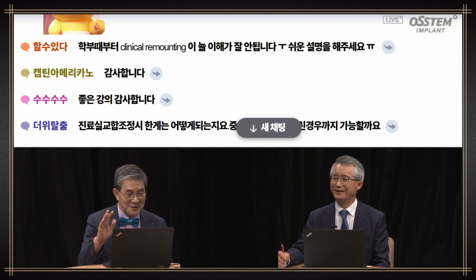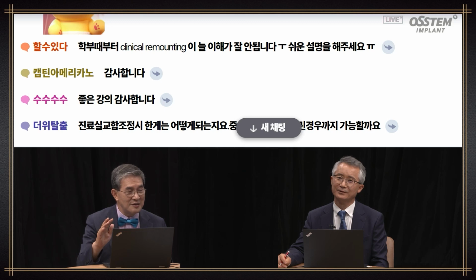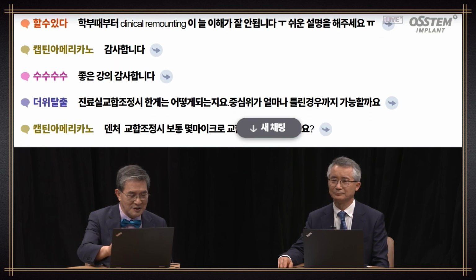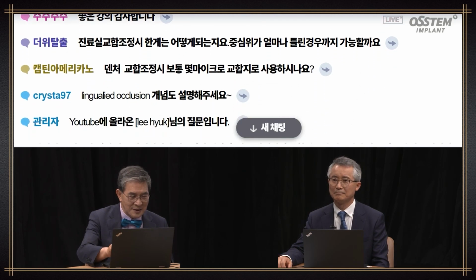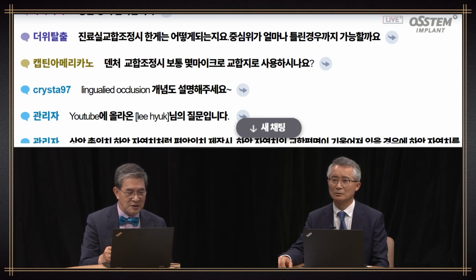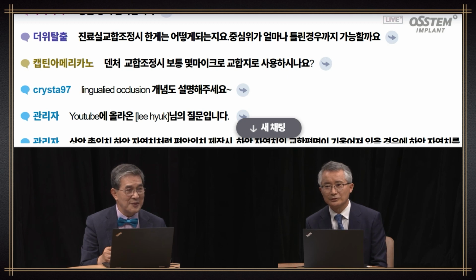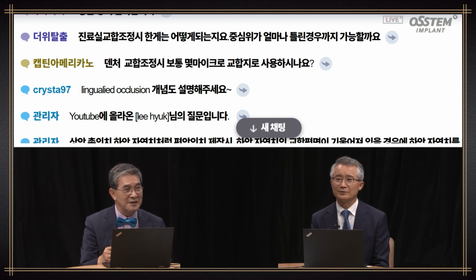It's difficult to explain in detail about occlusal adjustment in clinical remounting. If possible, you need to stay away from the functional cusp and focus on the non-functioning cusp and central fossa. You need to grind those areas, escaping heat. So what is the limitation of occlusal adjustment in the clinical room? How much adjustment can we do for deviations of centric relation? This is difficult to say at this moment.